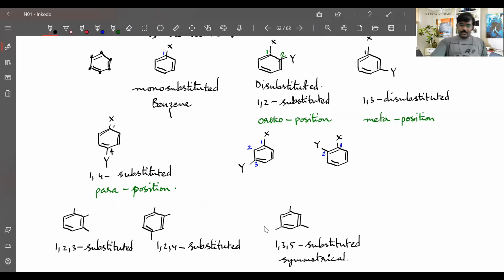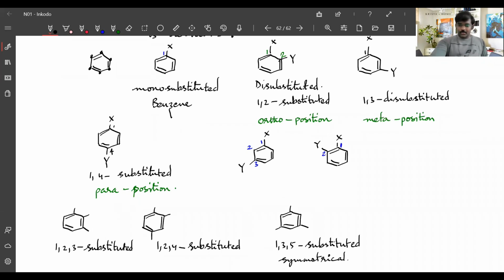So these are the isomers you can see for substituted benzene rings. When it is tri-substituted, 3 isomers you can get. When it is di-substituted, again 3 isomers you will be getting. And when it is mono-substituted, only 1 isomer will be there, because all the 6 carbons are the same. Anywhere you attach it, that will be the first carbon here.